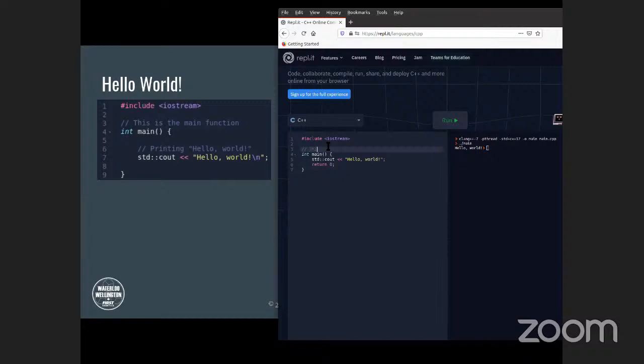And I'll just type, this is the main function. There we go. Now once you've typed that in, you can make a second comment. So I'm going to have two lines, just so it looks nice and neat and organized. And I'm going to add the comment, two forward slashes, and I'm going to say printing